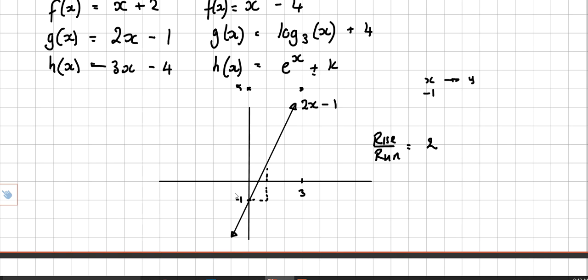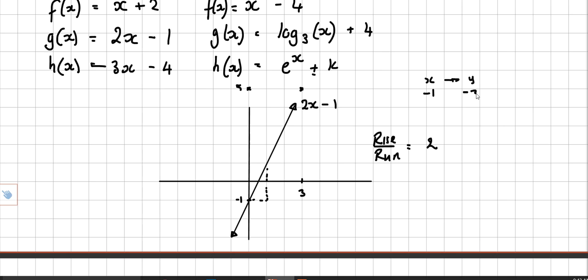Yeah, see this thing? Easy stuff, but you don't really know, do you? If I put -1 into 2x minus 1, what output do I get? 2 minus 1, that's negative... Oh, sorry, I've done something wrong there. So it would be